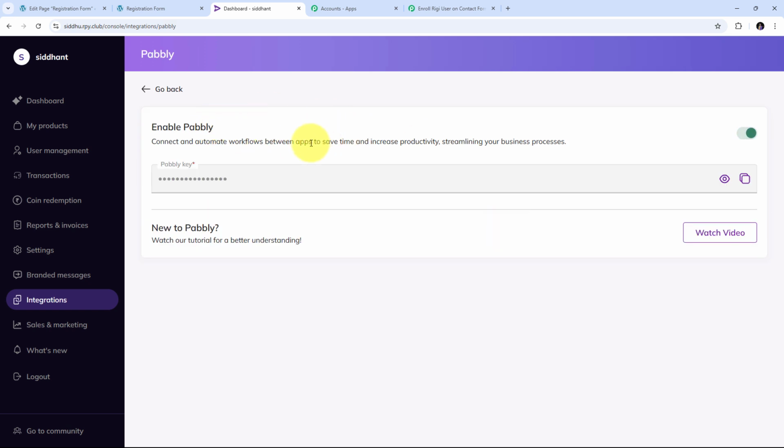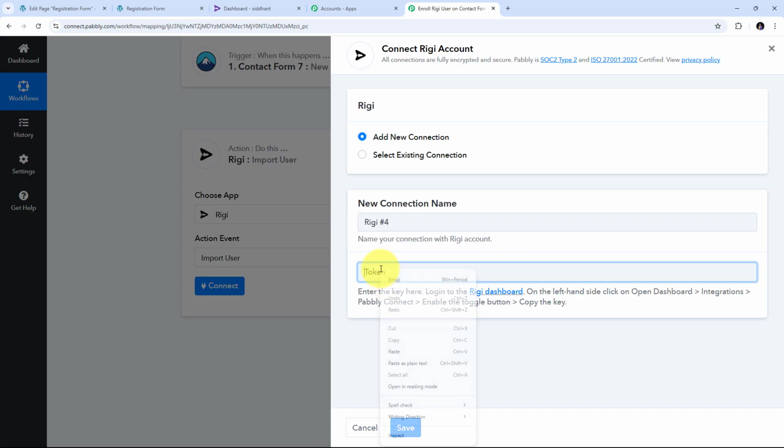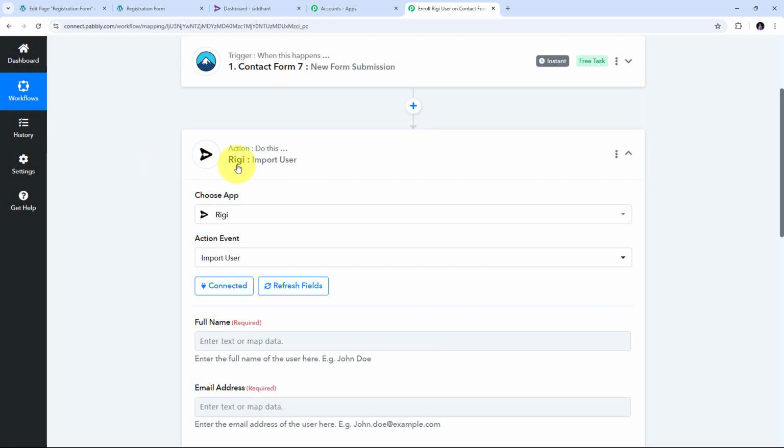And here in Pabbly, we need to make sure that we have enabled this option of Pabbly. After enabling this option, we will see this Pabbly key, and this Pabbly key is going to be my token. So I'm going to copy this token. I will go back to Pabbly Connect, and I'm going to paste that token here in this tab of token. Now that I have added my token, I'm going to click on save, and I have successfully connected Rigi with